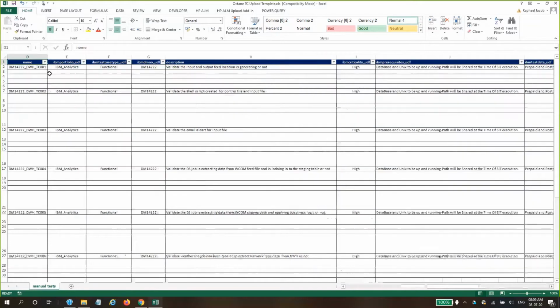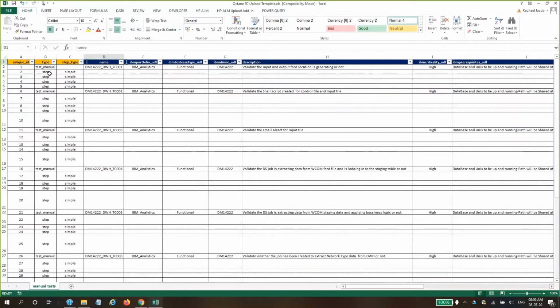So there are three fields here apart from the ones that we've seen on screen. Those three are unique ID, type, and step type. These fields are very important because they play the role of identifiers while we are uploading the test case. To start with, the main field here is type. Here, if you see the types, there are two listed: test underscore manual and step.